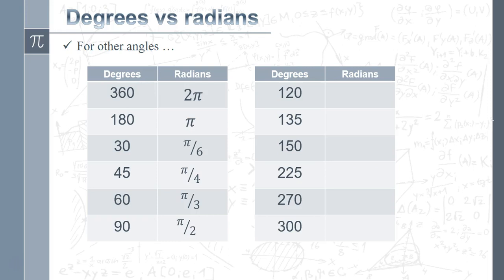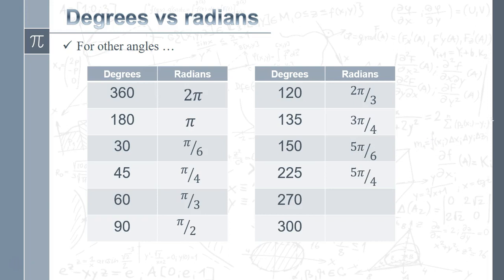Moving on to the next column, again all we're going to do is just work with multiples of what we've got in the previous column. So we know that 120, that's going to be double 60, so that one's going to be 2 pi over 3. 135, that's a multiple of 45, and that's 3 lots of 45, so 3 pi over 4. 150, we're going to use 30 to do that one, so 5 lots of pi over 6, 5 pi over 6. 225, we're back to multiples of 45 here, so it's 1 more than 180, so that's going to be